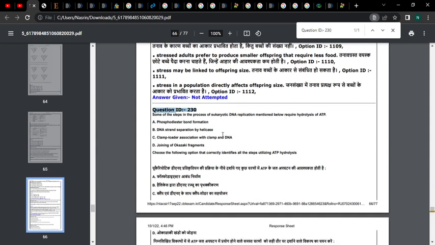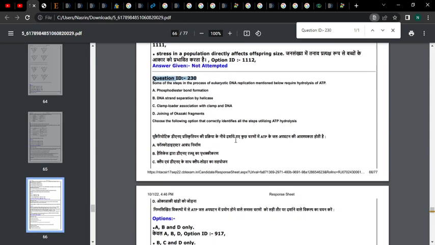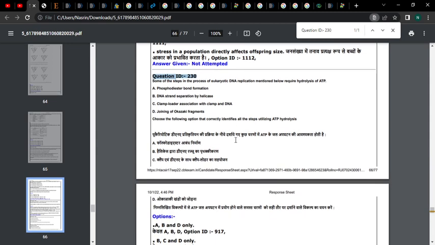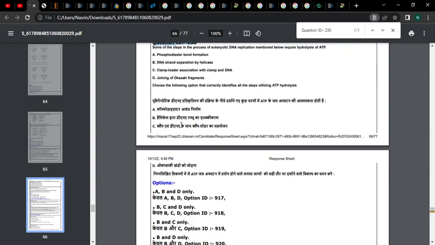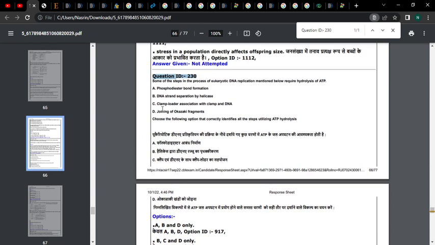Here they say some steps in the process of eukaryotic DNA replication mentioned below require hydrolysis of ATP. The options are 920, that is B and D. They say that DNA strand separation by helicase and joining of Okazaki fragments alone require hydrolysis of ATP. But I am challenging this question, that the clamp loader associated with the clamp and DNA also requires the hydrolysis